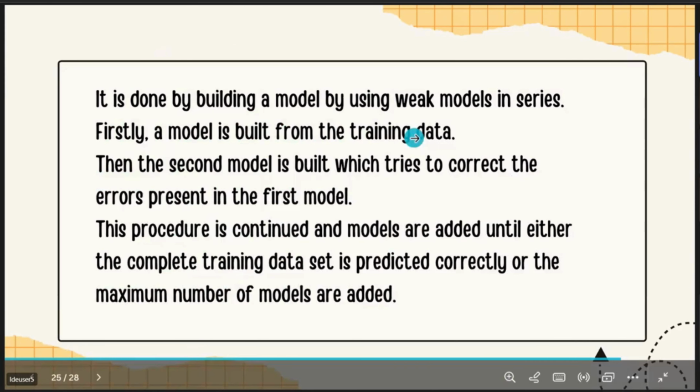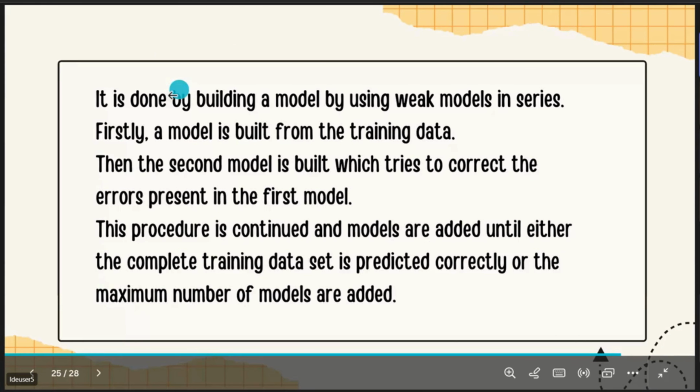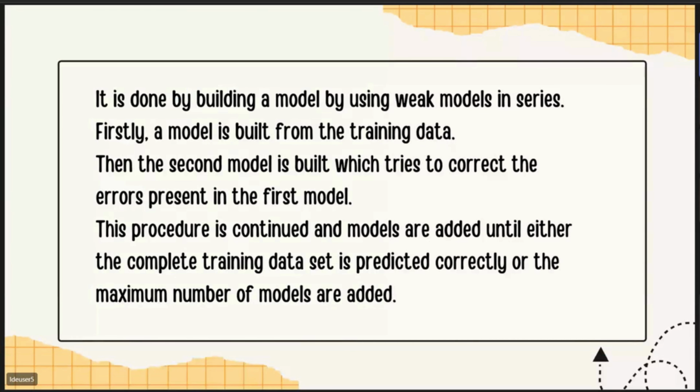Okay, so we'll look at the process. It is done by building a model by using weak models in series. Okay, so first a model is built from the training data, and that first model will give you a result. Let's say it is giving 75% accuracy. If only 75% is coming, you find out what errors there are, what the model has missed, and you try to correct it. Okay, so once you correct, you again use the model for making another prediction. First we got 75%, so I have done some corrections in the way the model works. Now when I predict,